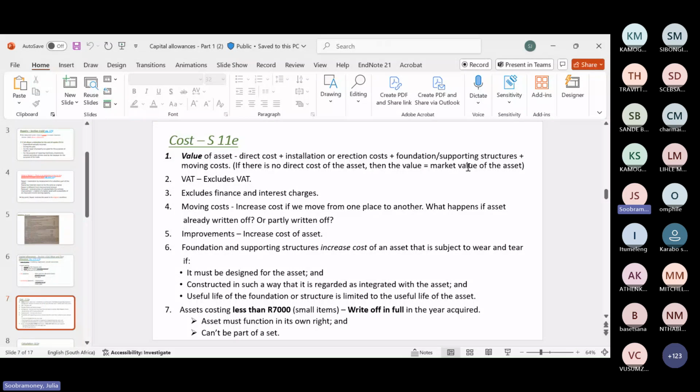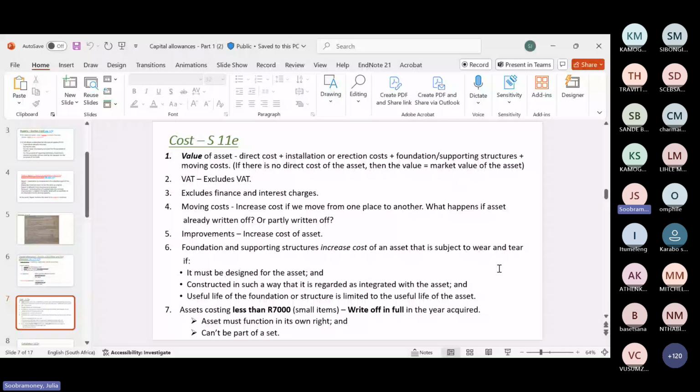So can you see, very similar to accountancy, any direct cost. If you had to move the asset and you had to hire, let's say, a moving company, a crane to move this asset, that cost will be included in the cost price of this asset. Okay, so any cost dealing with this asset will be capitalized, even if it needs a special foundation or a special supporting structure, for example, that will all be included in the cost price of the asset. All right. And then we've got